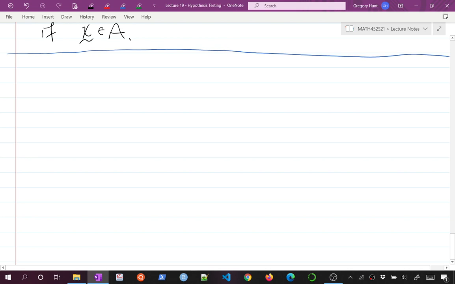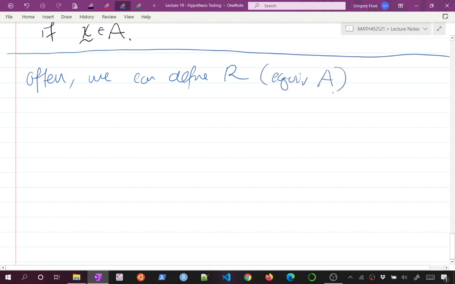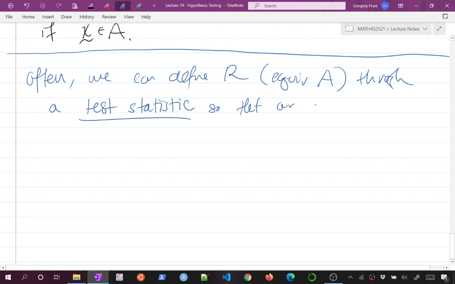It's probably going to be an awful procedure. As long as you divide up your space, say accept here, reject here, technically that's a procedure. It's going to be a bad procedure. So we'll talk about how to make a good procedure. But oftentimes, we can define R, or equivalently define A, through what is known as a test statistic, which I think we're all a bit familiar with,